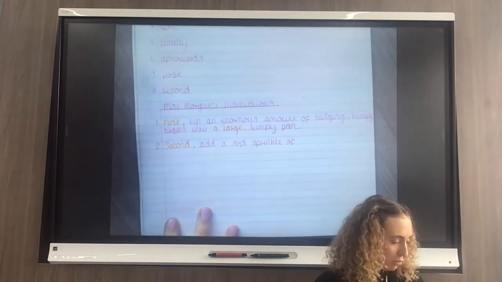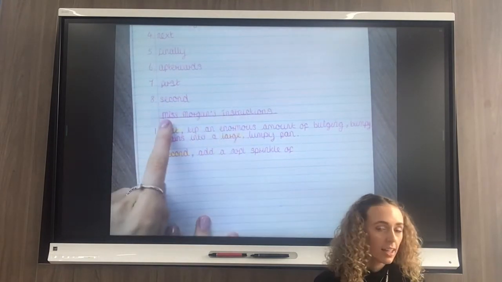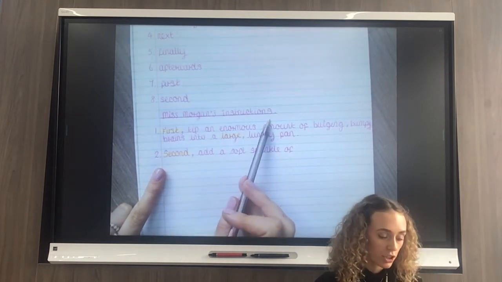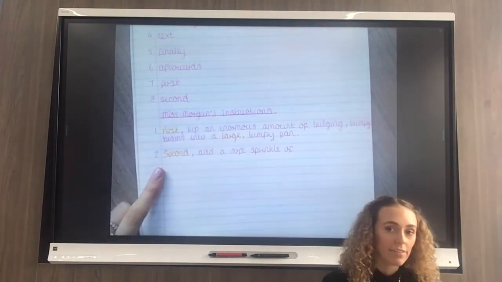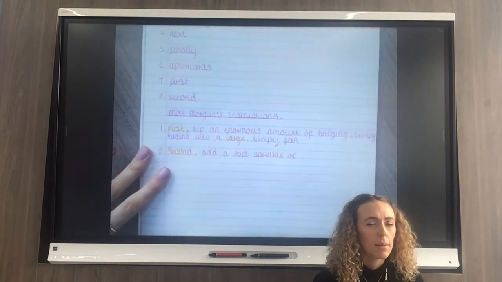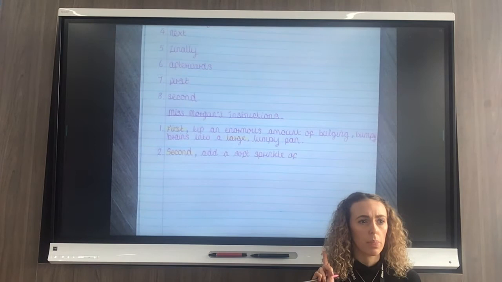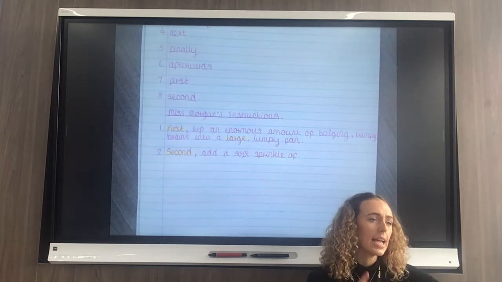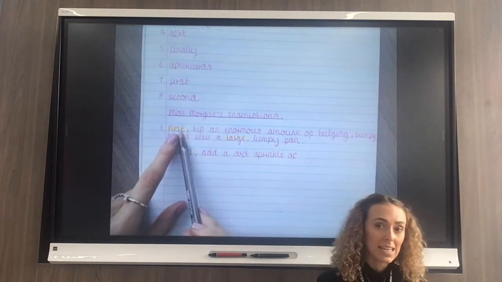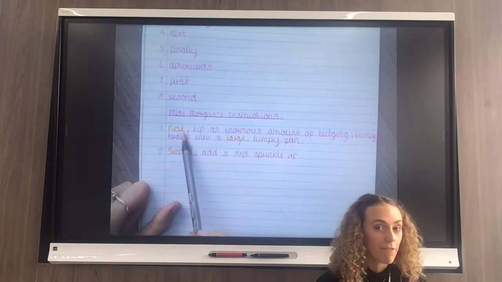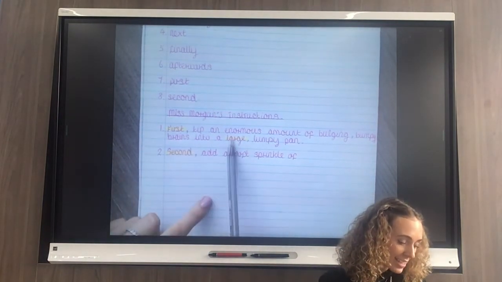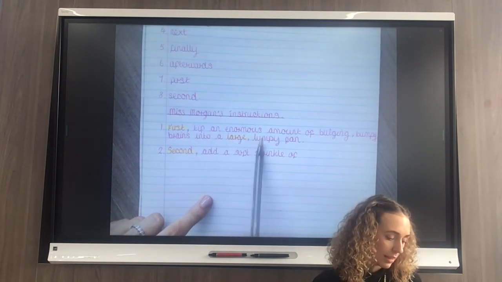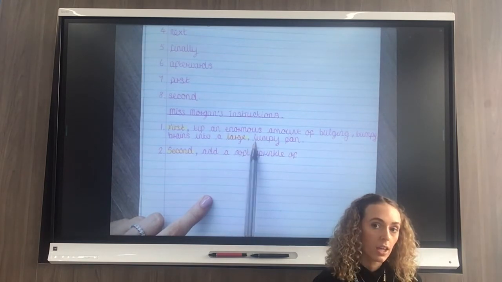Okay, Year 3, this is exactly how I would like it presented in your book. So you can see I've done my first task there. I've left a line and I have written the title, Miss Morgan's Instructions, and I have underlined that carefully. So what was my task? My task was to copy out the instructions on the board, but to fill in the missing words, okay? The missing time conjunctions and the missing adjectives. So we did this one together, Year 3. We wrote first as our time conjunction, and then we chose large as our adjective to make sure we have some alliteration in our instructions, okay?